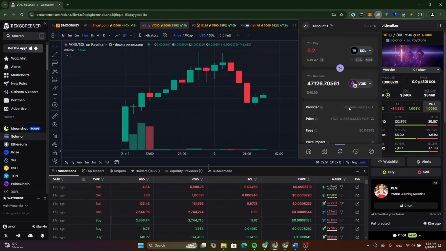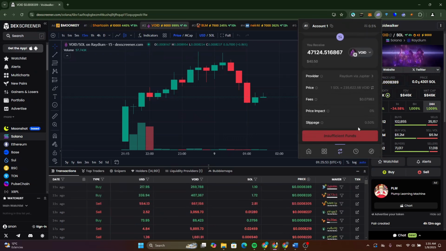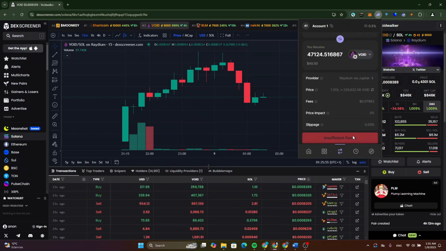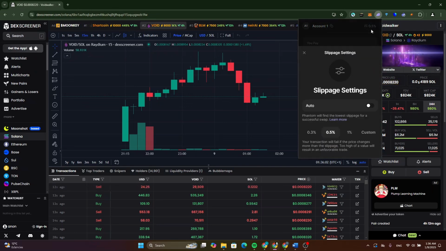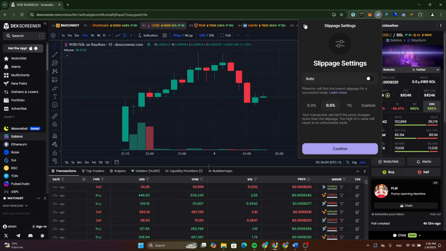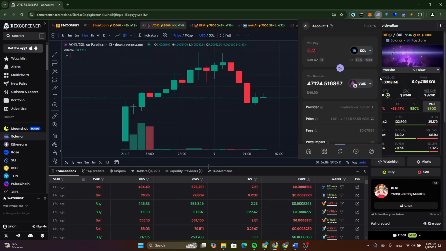After that, select the provider, for example Jupiter. Make sure to read all of that information here and click on swap, and you will be redirected to the Jupiter provider page to be able to buy this token. Now after that, if you face any issues, just go back to this page, click here and switch the slippage or customize. After that, go and buy this token. So this is how to buy